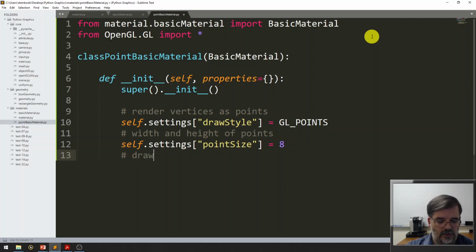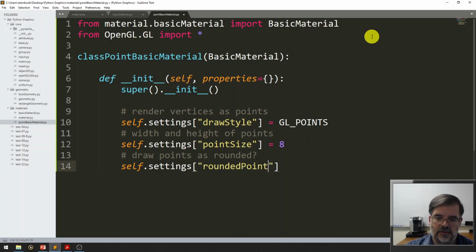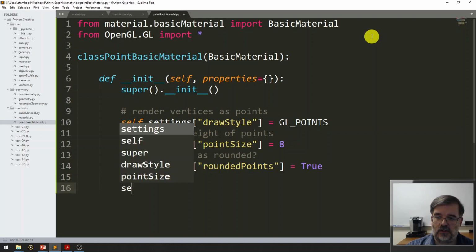And do we want to draw points as rounded? Self.settings, let's say rounded points. Let's default that to true. It's pretty nice. And then once we have all those properties, right? So let's say